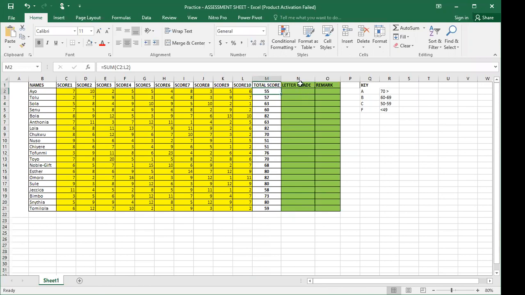Following the total score is what we call the letter grade, which is what we're going to be looking at now. For us to be able to calculate the letter grade, we are going to use the IF function. Some of you are already familiar with the IF function because you've used it for some of the classworks in the Excel manual. So the IF function is a logical function. For us to put in the IF function, first thing you do as usual is to put the equals